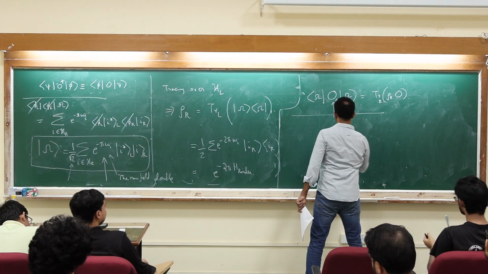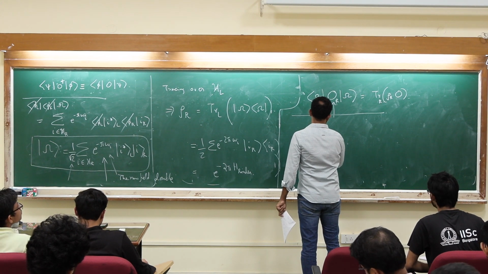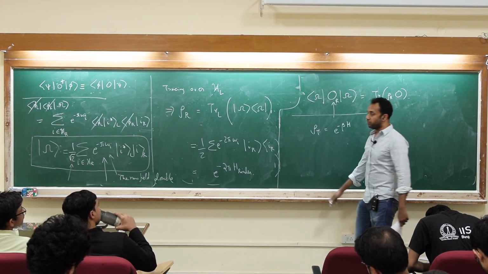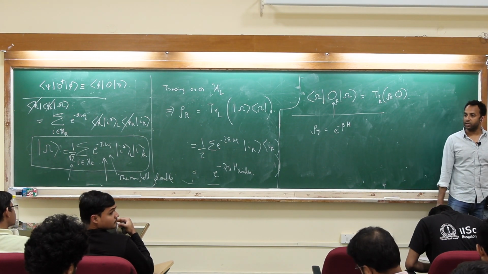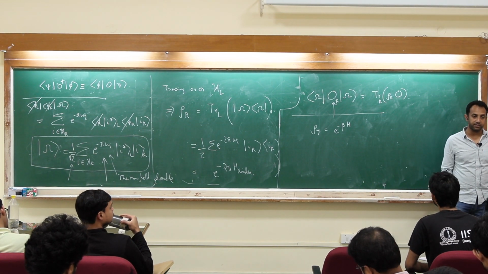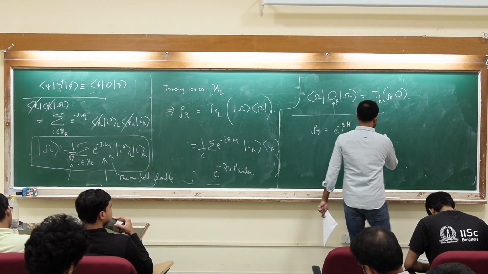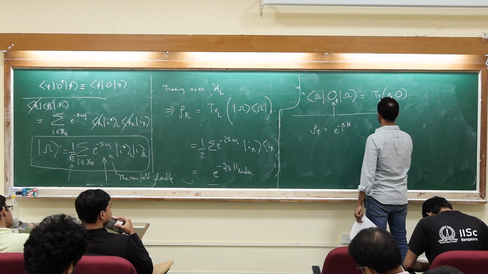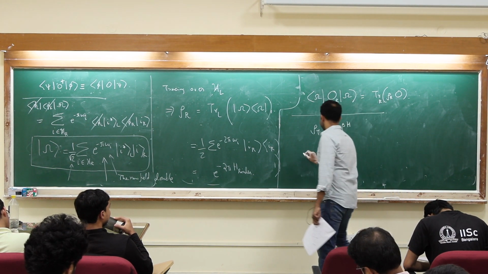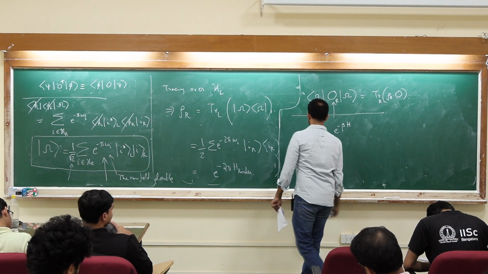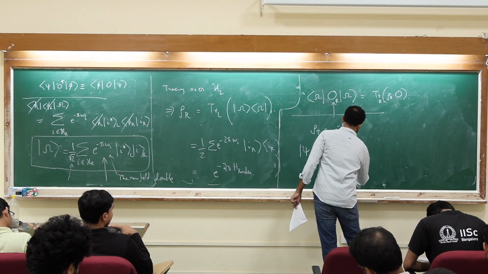Let's say that you have a thermal density matrix, which is rho_T equals e to the minus beta H. Now I'm moving away from Rindler and Minkowski and all that. I'm just making a general statement. If you have a general density matrix of this type, what I can do is purify it. Or more precisely, what is called the thermofield double state associated to this thermal density matrix is